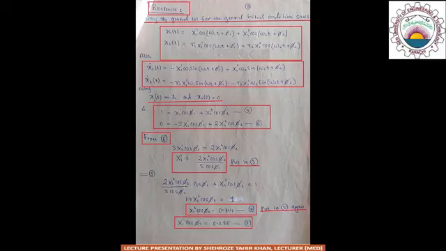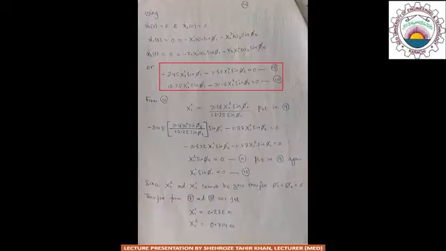Now let's take the derivative of the initial conditions, which are x1 dot of 0 is equal to 0 and x2 dot of 0 is equal to 0, and substitute these initial conditions in the derivative of the general solution x1 dot of t and x2 dot of t. We will get equations 9 and 10, and from equation 10